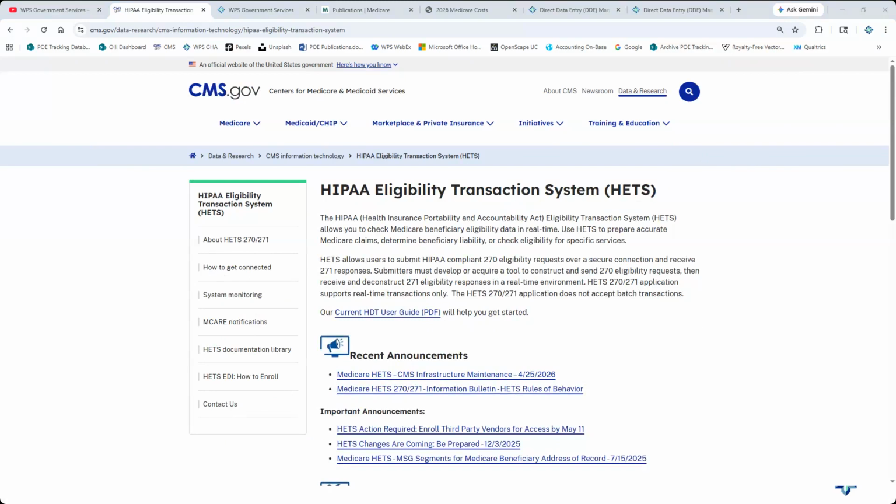Yes, you need to verify. Yes, the card is still there. Now, here is a caveat that a lot of people don't realize. They have a Medicare card. They are eligible today. But what happens if they lose eligibility? Nobody goes and snatches that card from them. Nobody goes and takes it away. Nobody gives you a new card that says, hey, you're not eligible from this time to this time. That doesn't happen. Instead, they have this card and they look eligible,